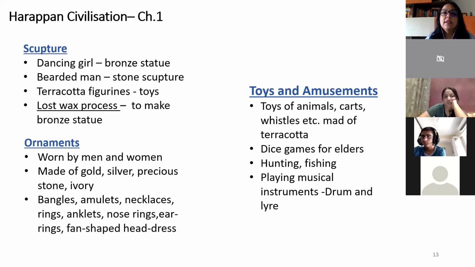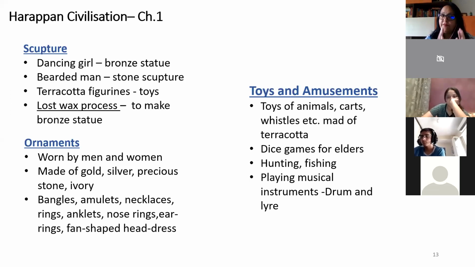What is that process? How can we carve metal? It's very difficult. Metal is hard. If it's stone, you can take a chisel, you can take a hammer, and you can carve, you can break, and you can give features. But that is not the way metal sculptures are made. Metal sculptures can't be made like that. So what did they do? First, they took wax. Wax is very soft. Like what is used in a candle is wax, isn't it? So that wax is soft.